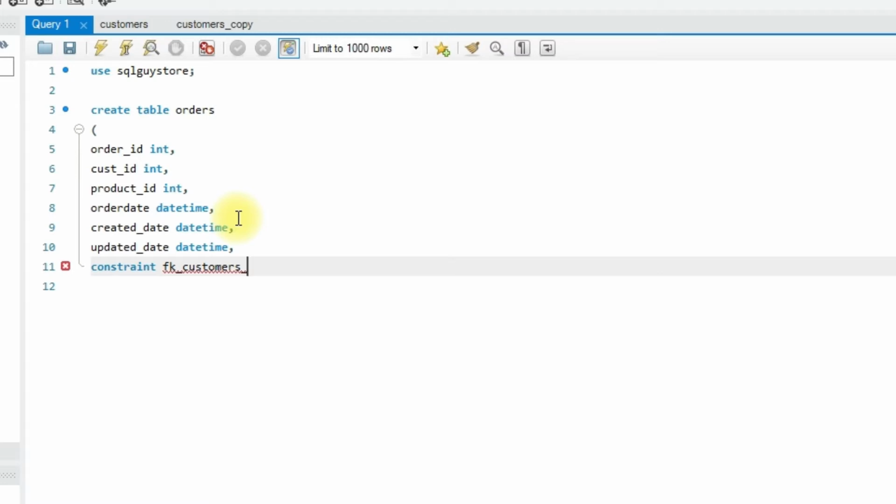So we are going to assign foreign key to employee ID, sorry, customer ID. References. So it's going to refer customers table and customer ID column. Brackets give customer underscore ID.